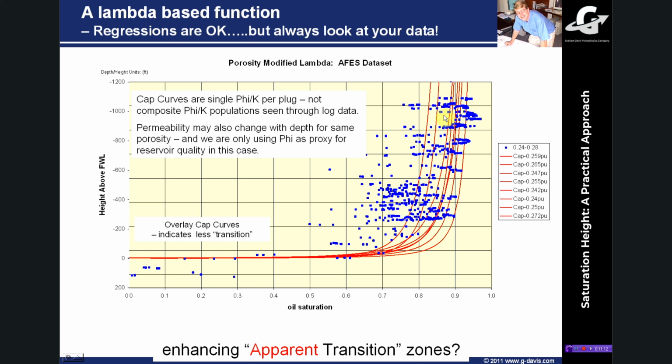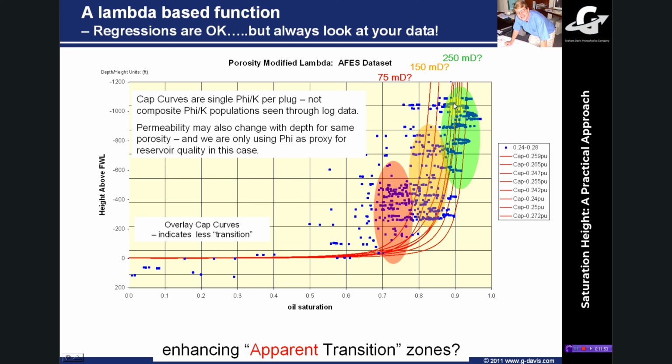And so up here, this is all 24 to 28 PU rock, but perhaps, and now I don't know this for sure, it's a while since I've worked on this data set and I don't have the permeability data to hand, but perhaps this 24 to 28 PU data set has a higher permeability, 250 millidarcies say, and perhaps this 24 to 28 PU has only 150 millidarcies, and this one maybe 75 millidarcies. So in permeability terms, if we were able to predict permeability and map permeability reliably, then perhaps we would have less transition zone because we'd have a set of cap curves that match these permeability trends.